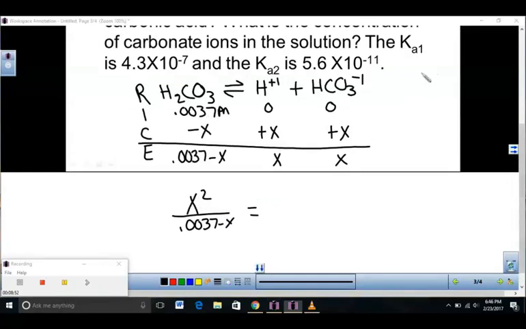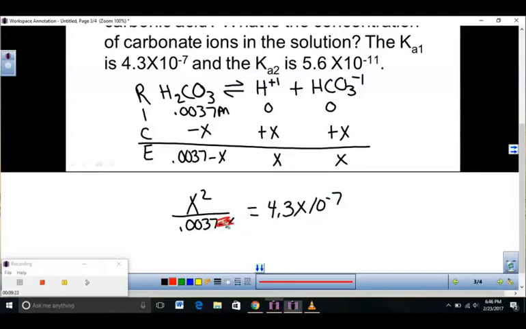If you'll notice, there's a Ka1 and a Ka2 because it has two hydrogens coming off. The Ka1 is for the first hydrogen. The Ka2 is for the second hydrogen. You can see that the number gets a lot smaller, meaning it's not real favorable for that second hydrogen to come off. It's not great favorable for the first hydrogen to come off. Now, as long as this is to the negative fifth or smaller,